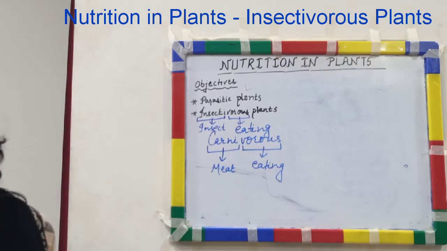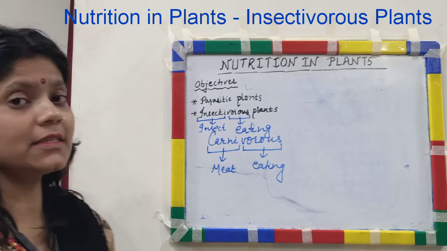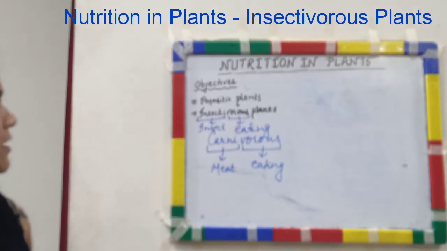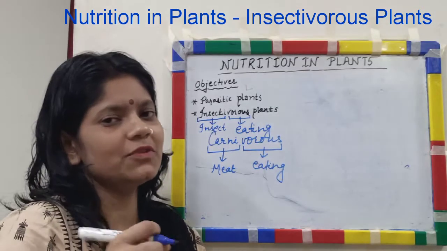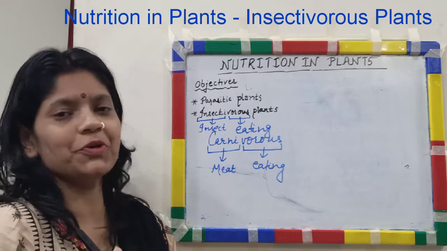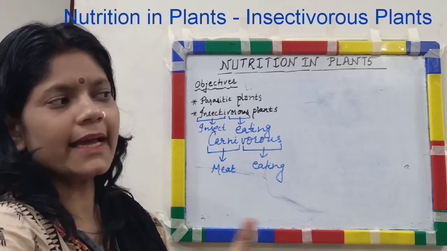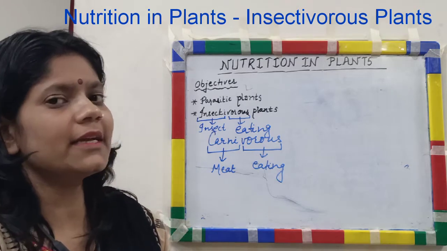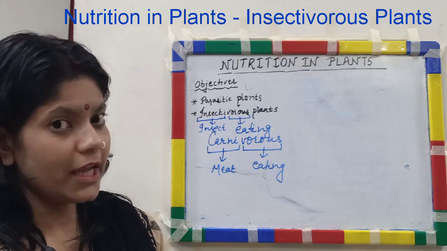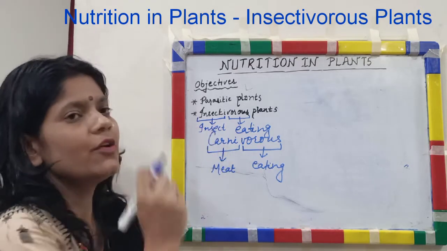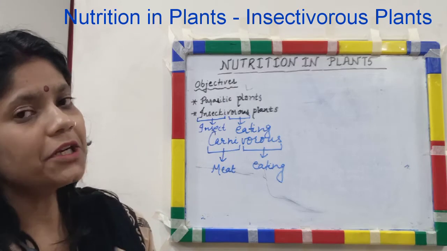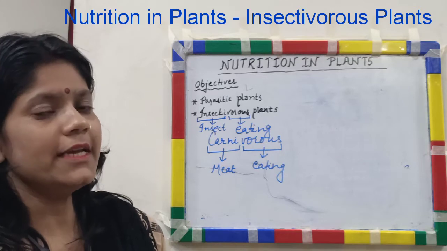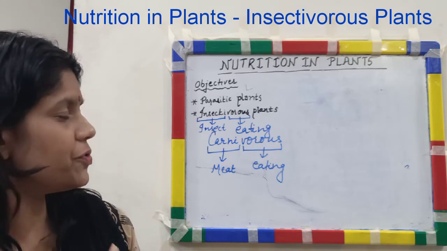So what are insectivorous plants and why do they need to eat insects? Why should a plant eat insects? And the most interesting thing about insectivorous plants is that they do not lack chlorophyll. Their leaves are as green as any other autotrophic plant. So if they have chlorophyll, we may say that they are autotrophic, right? But if they derive nutrition from insects, we may say that they are heterotrophic also. So under what category would we put them? And what is the need of eating insects? Now we will go into the details of that.